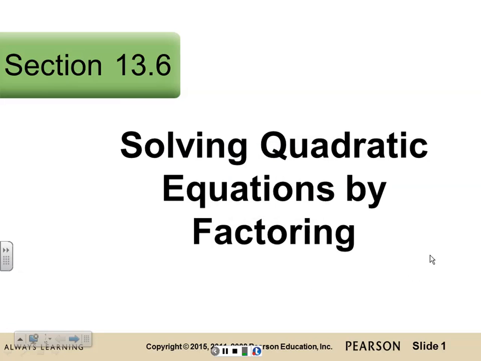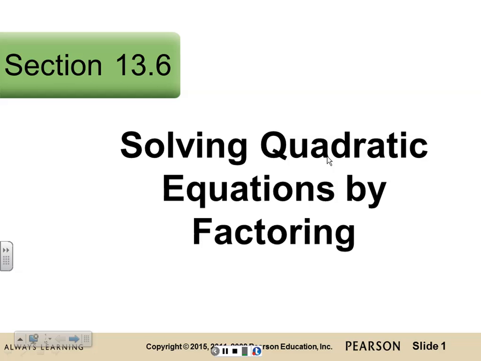So why did we learn how to factor in the first place? Well, number one, it's part of our course, and number two, the whole point of algebra is learning how to find our unknowns, and so it takes us back to solving equations. Now, we have solved linear equations, multiple linear equations, which means we didn't have any exponents aside from one. So now we're going to use our factoring techniques to learn how to solve